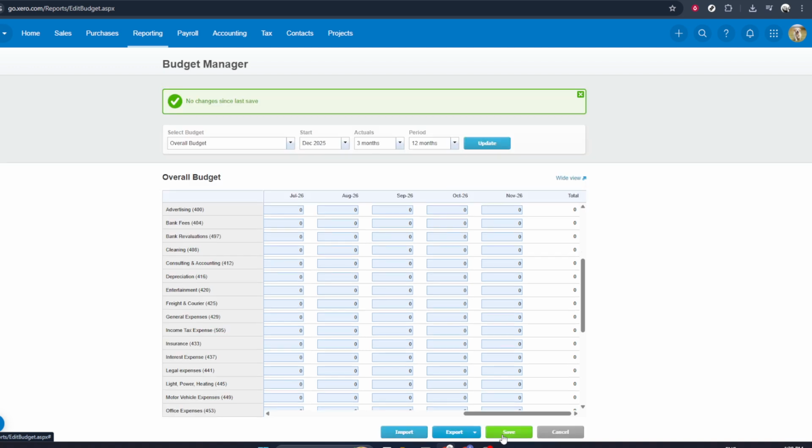Click on Save to store your budget in Xero. After saving, your budget will be available in Budget Manager and can be used